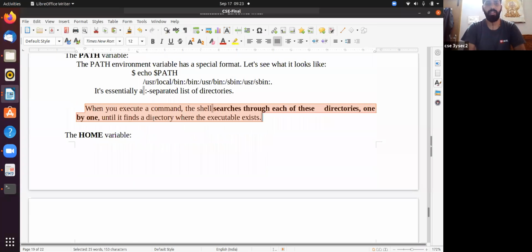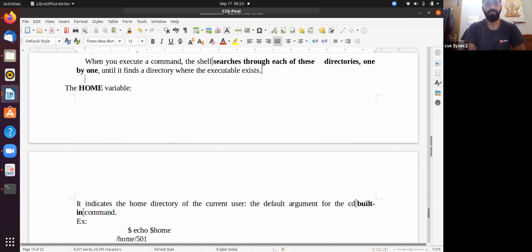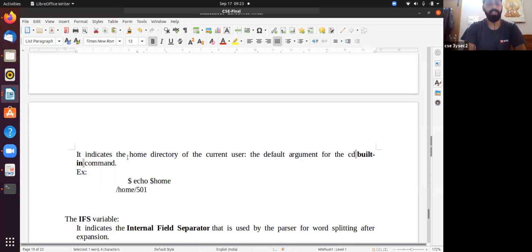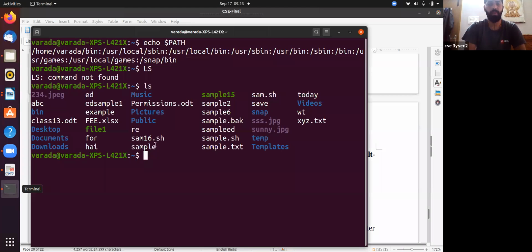Okay, the next one is the HOME variable. The HOME variable indicates the home directory of the current user, and it is the default argument for the cd built-in command. What does it mean? For example, I logged into my system.